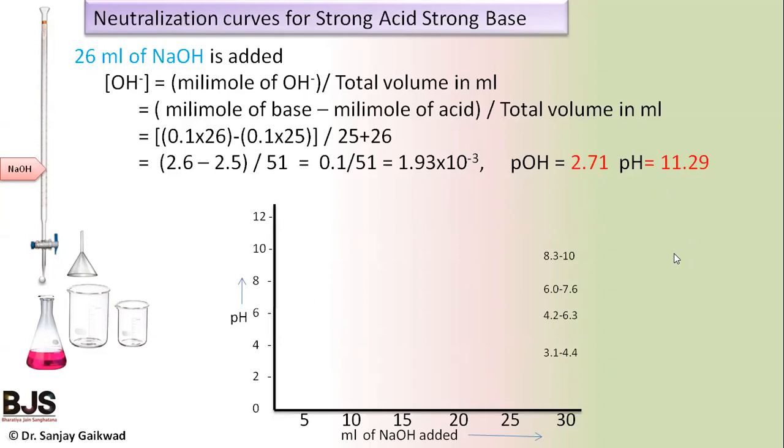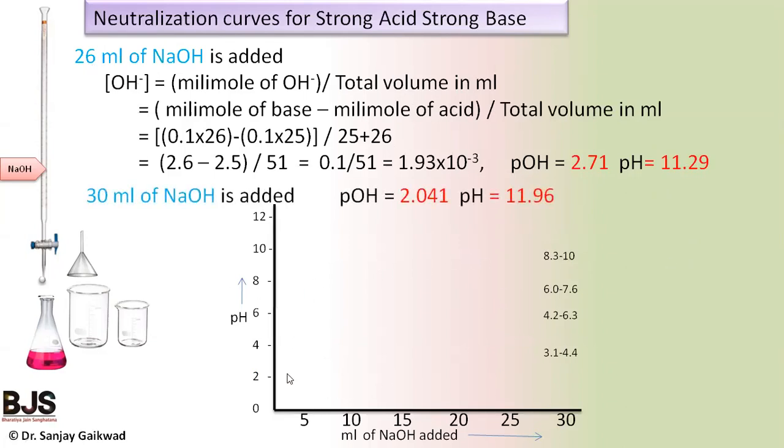Now when we plot the graph, the graph shows the increase in the pH, and when we continue addition up to 30 ml, then pOH equals 2.041, and pH becomes 11.96. We see the graph nature as starting from 1 pH, when ml of NaOH is added from the burette, it continuously and slowly increases up to a certain level, and after 24 ml or at 25 ml, the graph suddenly increases and then remains constant up to 11.96. In this way, we observed this type of graph.